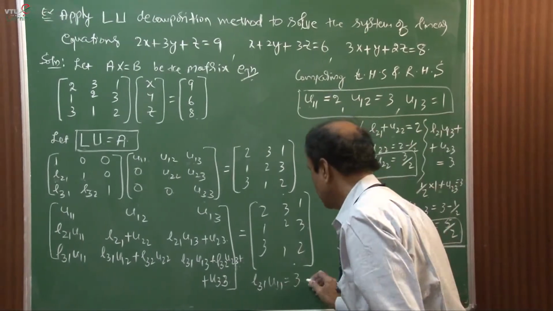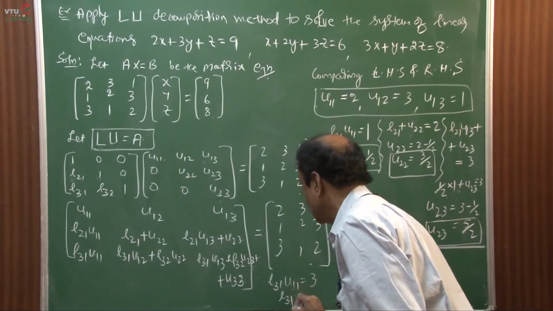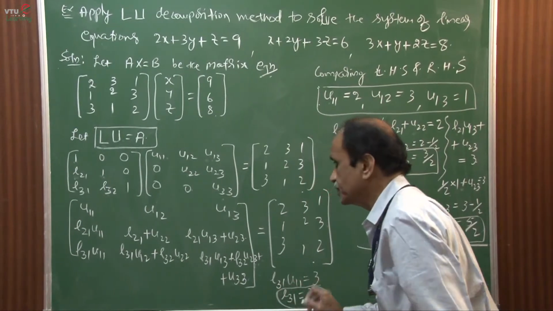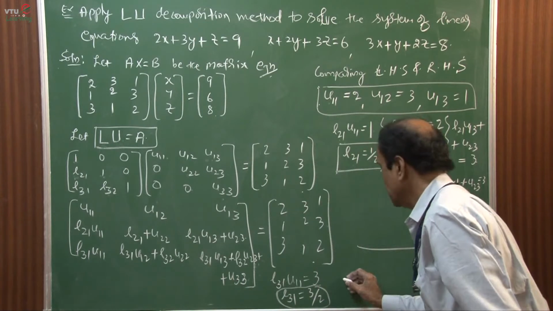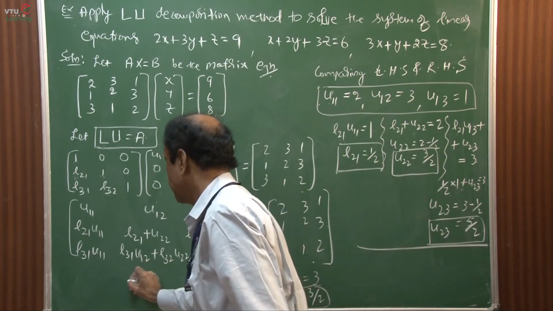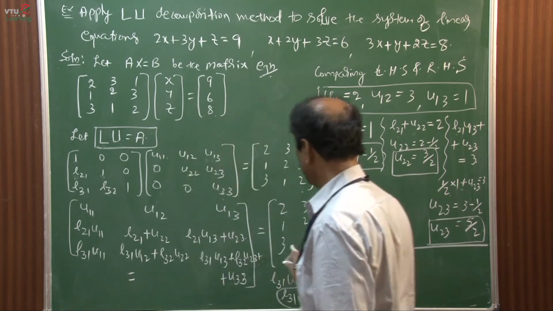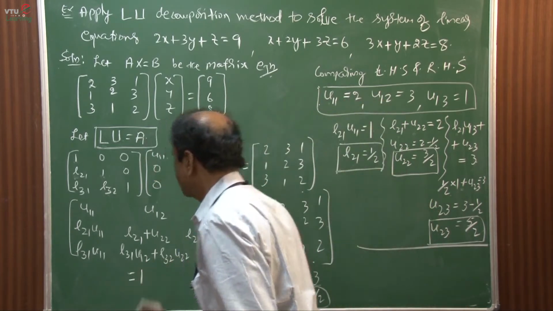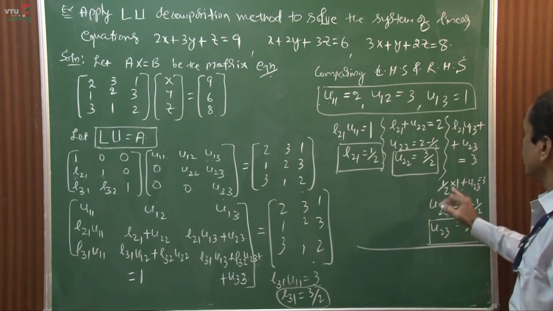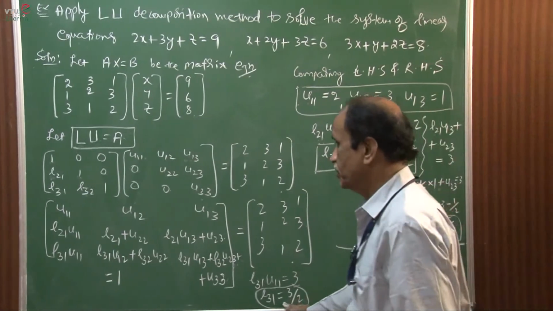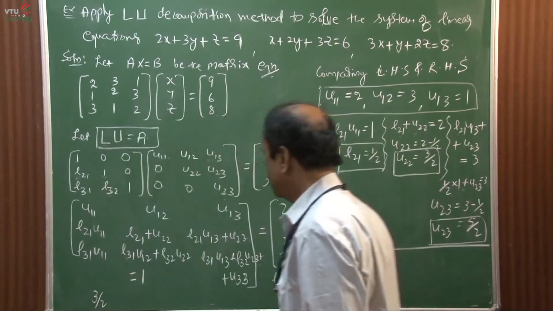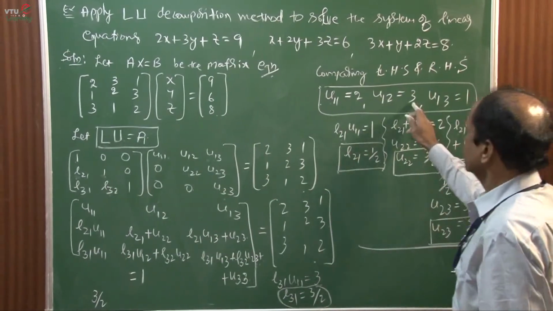Therefore L31 is equal to 3 by 2. This is one value. Then, this is equal to 1. That means L31 is 3 by 2, U12 is 3,